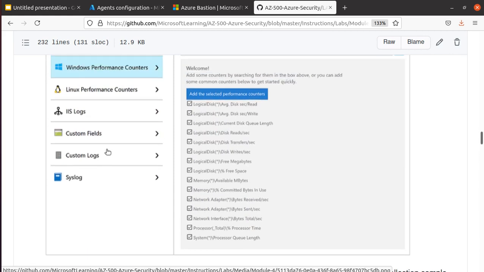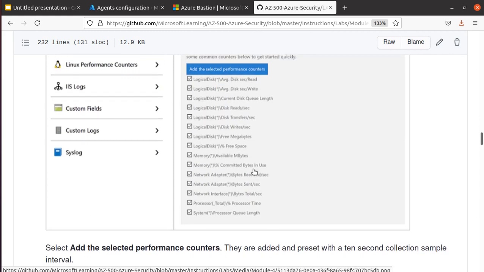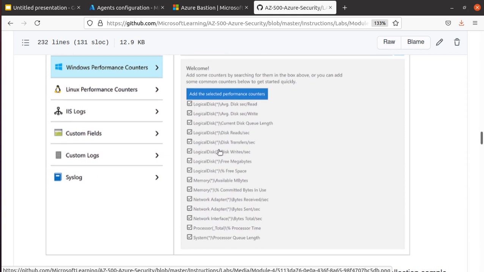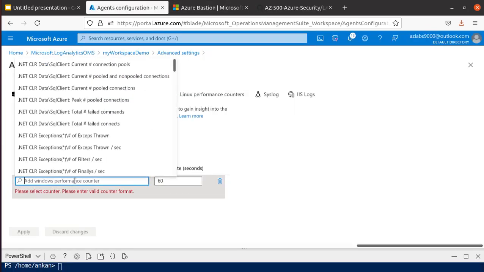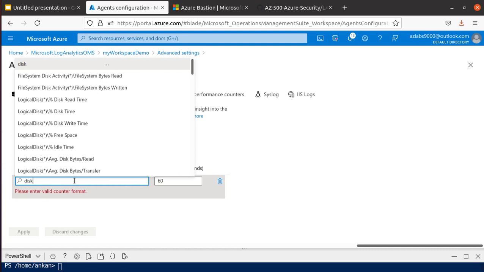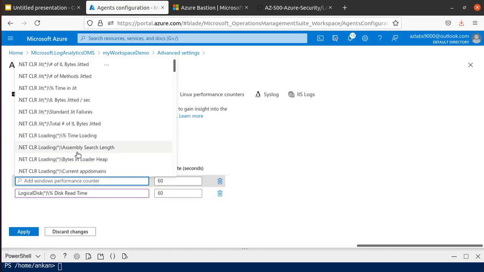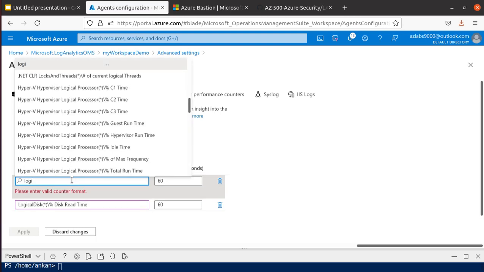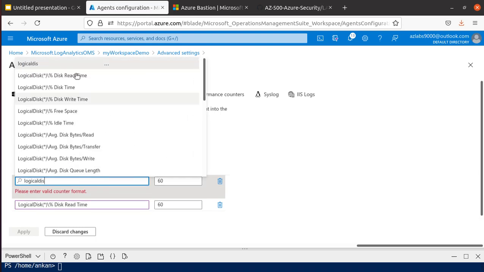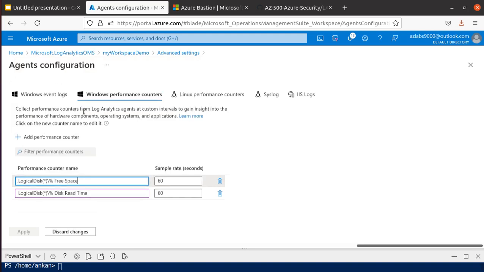monitor. So over here it looks like mostly we are interested in logical disk and memory and processor, then system. So over here let's try disk. So here are your logical disk. Let's just get the logical disk. I wish I could get more. Add performance counter. Yeah, I think I have to just do it this way, and just do logical disk. Okay, maybe I'm just going to do the free time,